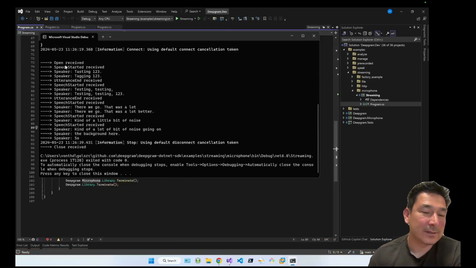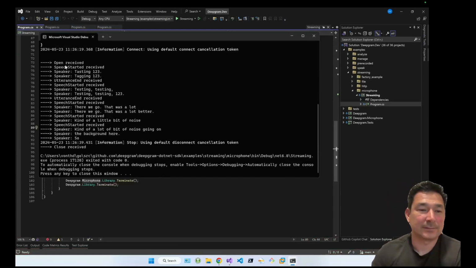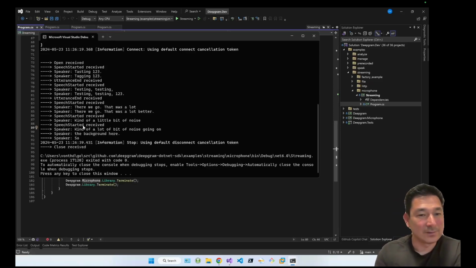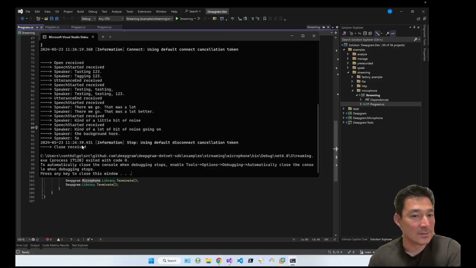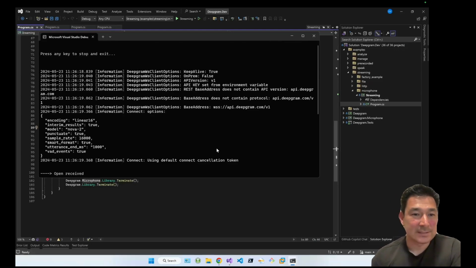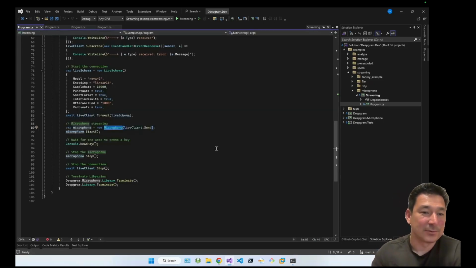And you can see, this is just an example, like I said, to give you an overview of how easy it is to run a local live streaming example on your laptop here. You can see all the different messages: open, speech started, the speaker, which was when I was talking, it was grabbing what I was saying and passing it to Deepgram to get the transcription, speech started, and then the close message. So you can see here that there's a lot of information that gets printed to the log, and it makes the overall experience for the streaming live client a lot cooler and a lot simpler to use.